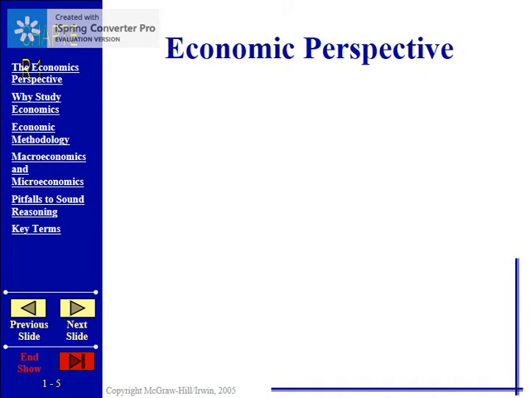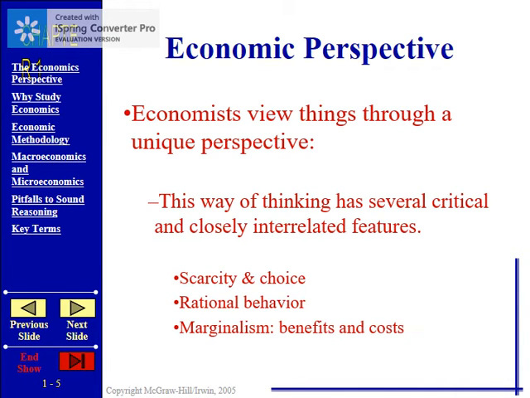So how do we think about the world if we're an economist? Well, we have a definite perspective. Economists view things through a few lenses. One is that there's scarcity and choice. There are limited resources in the world. Therefore, we can't have everything simultaneously. Given that, we have to choose. Giving up things, the best thing that we give up to take a particular course of action that we talked about is called opportunity cost.